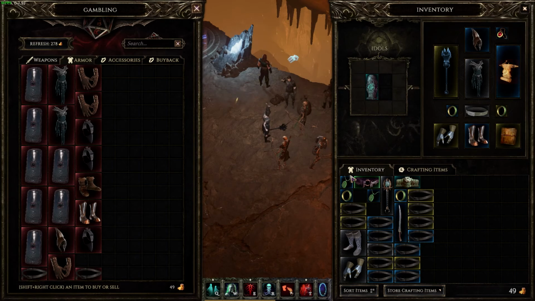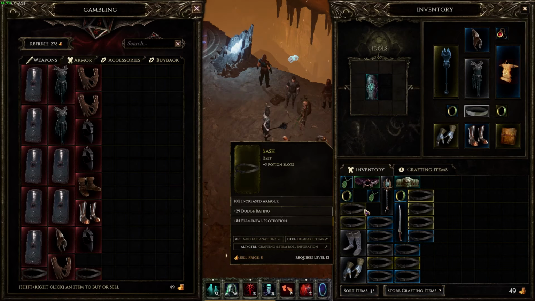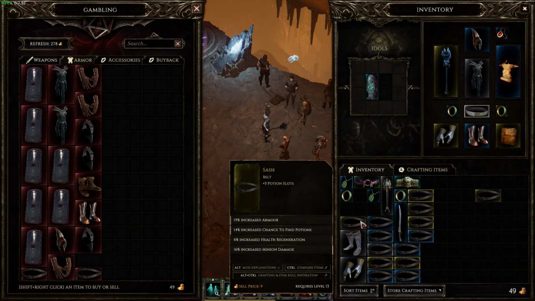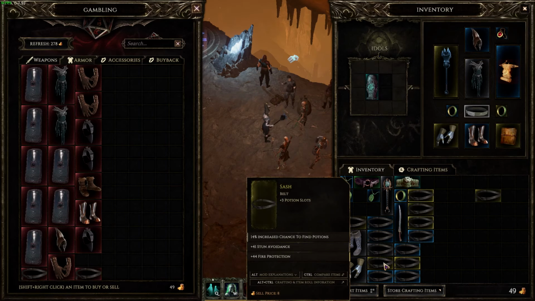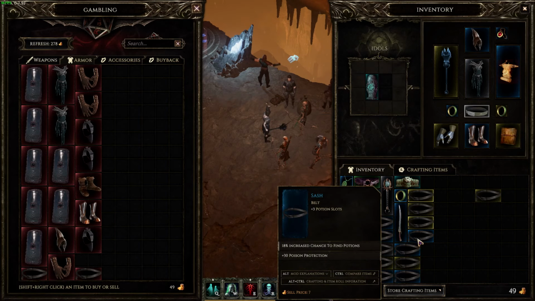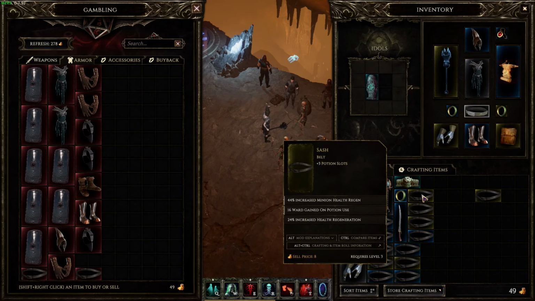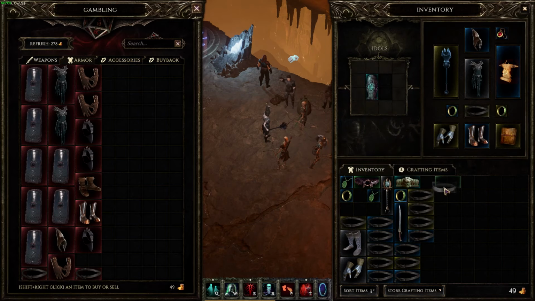So we didn't get one, which is unfortunate. We did get a set one, but we're not going to use that as it doesn't really do much for us in our current build. What we're looking for is anything with a lot of dodge. So this has armor, dodge, and minion damage. Nope. So the current one that we like is the increased armor, the elemental protection, and the dodge rating. I'm going to go ahead and throw that bad boy on,